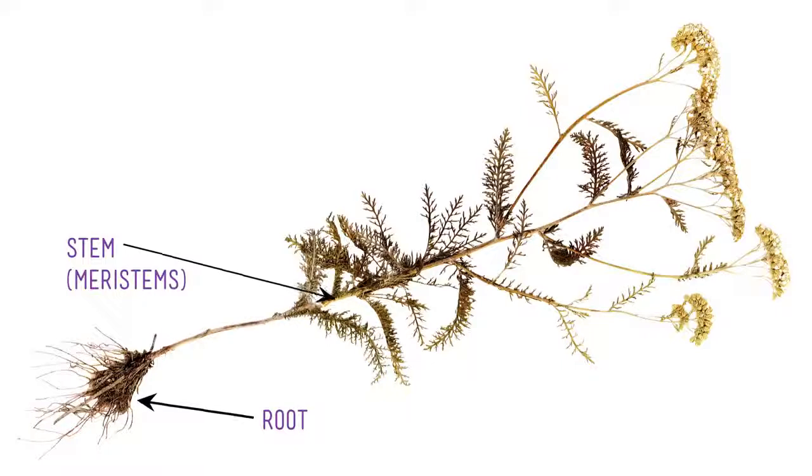But their most important task is to support the last organ, the leaf. This, of course, is where the plant exchanges gases with the atmosphere and collects sunlight to manufacture food, with the help of water and minerals collected through the root and sent up through the stem. Now, each of these organs contains all 3 tissues, which together work to absorb, conduct, and exploit one of the world's most important molecules: